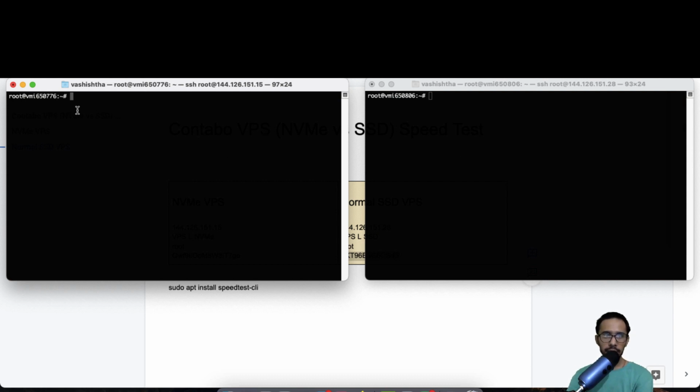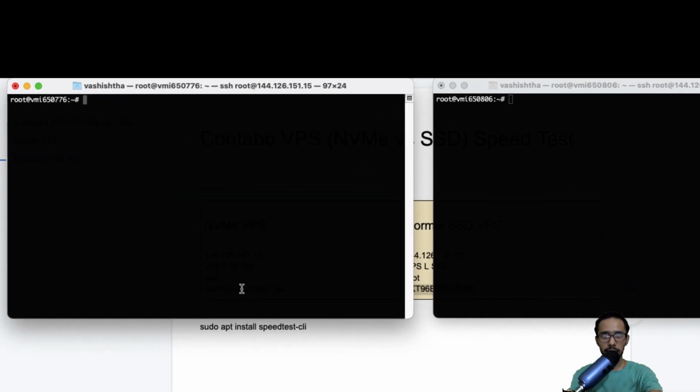On my left it is the NVMe storage VPS and on the right it's a normal SSD storage VPS server. On the normal VPS, I have already installed the speed test CLI. So I will quickly show you the same thing on the NVMe storage as well. You will have to do that on both of them if you want to test it out.